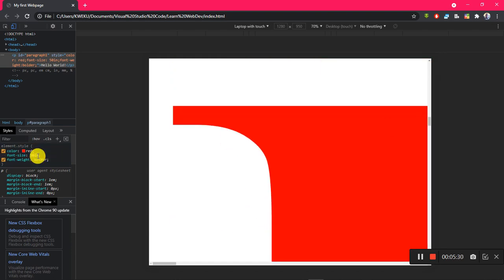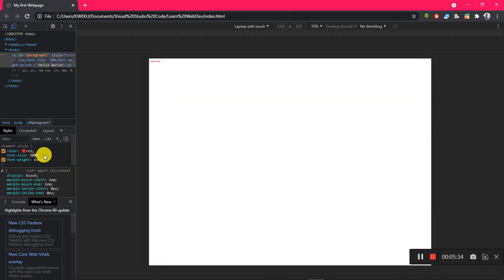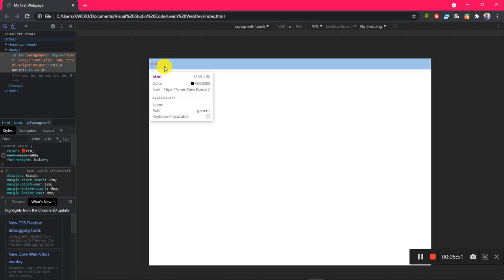So I'm looking at percentage. This 50% is actually half of the default size of the font. When I do this, it will disable it. Now when I select this, you can see